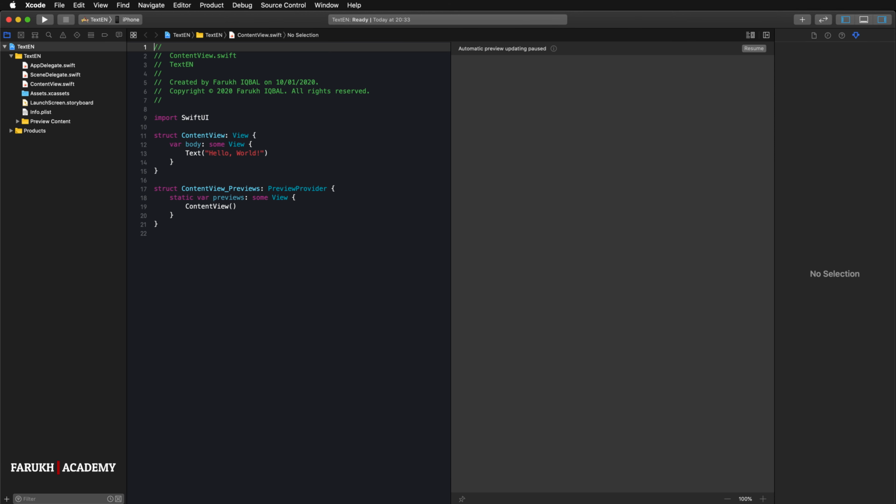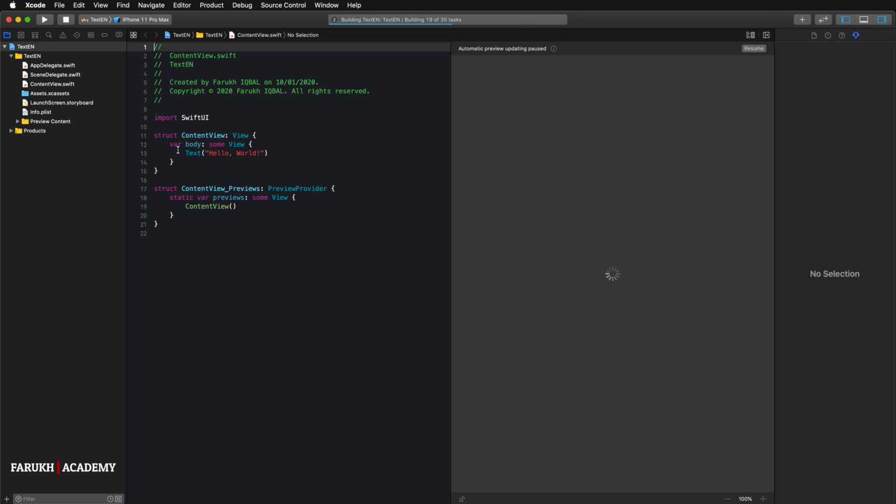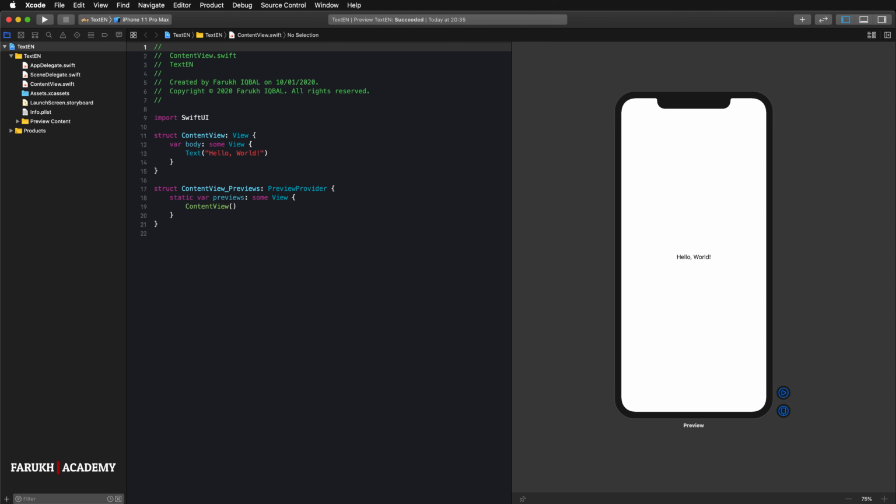So once you save the project, Xcode should load the ContentView.swift file and display a design preview canvas. Okay, so press resume. If you can't see the canvas, you can go up to the Xcode menu and choose editor. So here I'm going to select iPhone 11 Pro Max. The sample code generated in ContentView already shows you how to display a single line of text. So you initialize a text and pass it with the text to display like this,